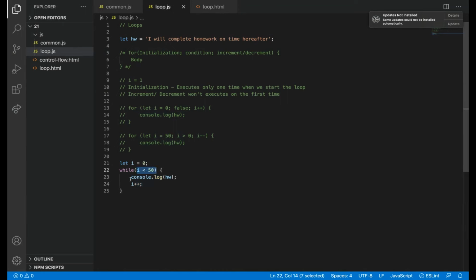It will go till the value of i is 50. When it reaches 50, 50 less than 50 is false, and then it will come out. So it does exactly what a for loop is doing. Maybe performance wise also for loop will be faster, and readability wise for loop is better. Mostly we will use for loop. We won't go for a while loop.